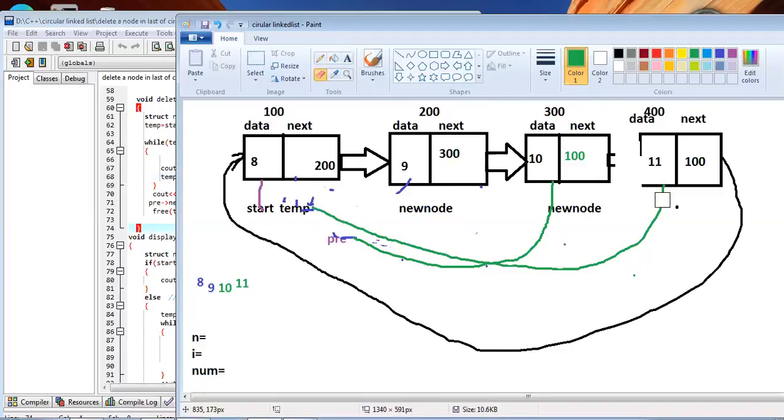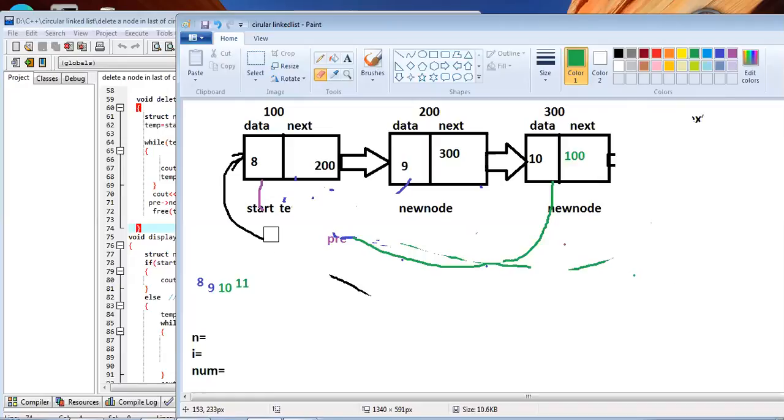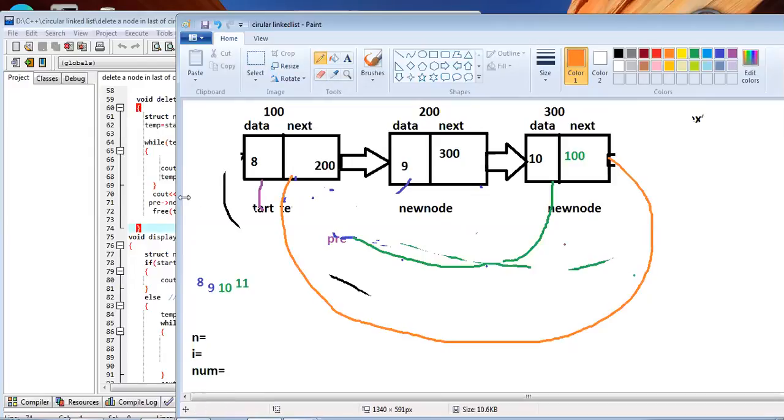Free temp. The temp is freed and memory is released. This block points to this node.